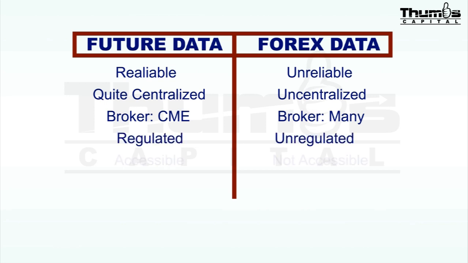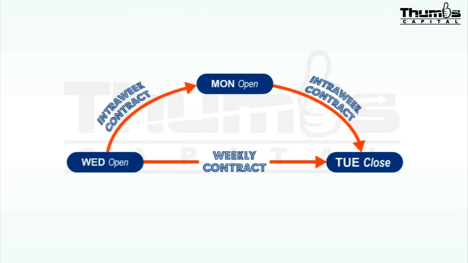Using the contract period as time frames to analyze, we have the yearly, the quarterly, monthly, weekly, intra-week, and daily contracts. I already spoke about the yearly and the quarterly. The monthly futures contract does not really start on the first day of the month. So the monthly contract starts on the first Wednesday of the month and ends on the first Tuesday of the next month. The weekly contract starts on Monday, ends on Friday, but because the report of the futures market, which